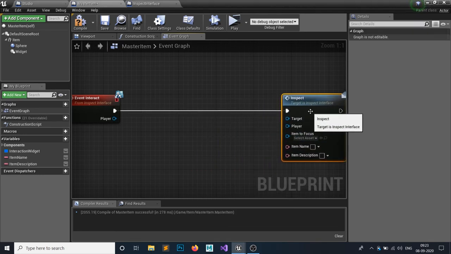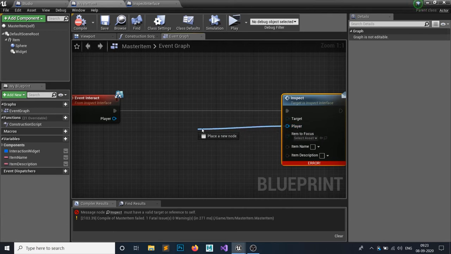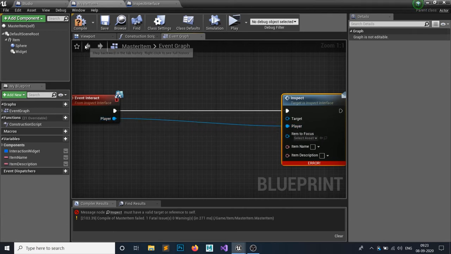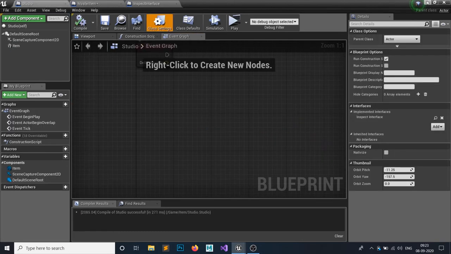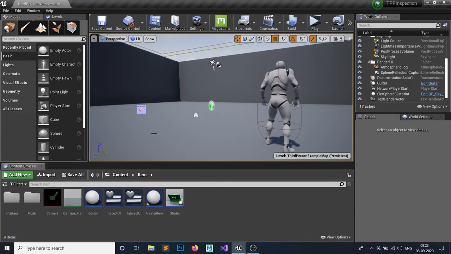So it is just called our inspect message, but you can see this will be an error because we haven't set any of this. So just connect this player to this player, and what would be our target? It would be our studio. So you can see that this is our studio.